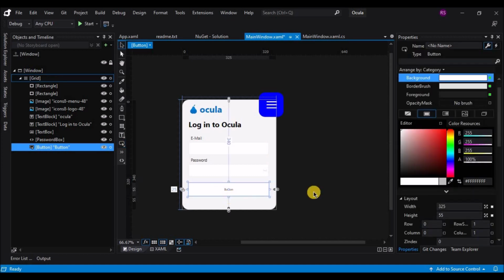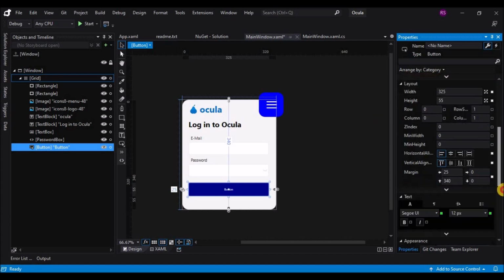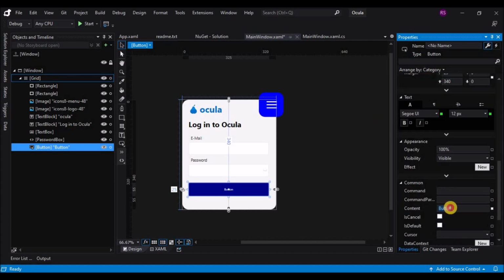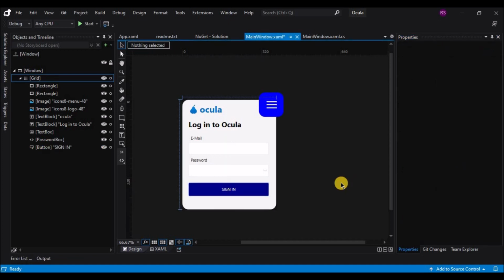Okay, and let's select the color and darken it and change the fore color to white, increase the font size and the content to sign in. Okay, so we are done with the login form.